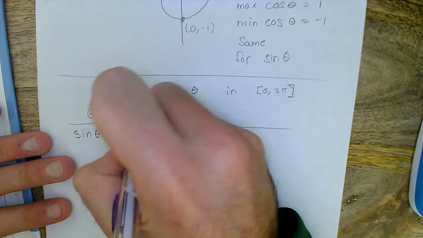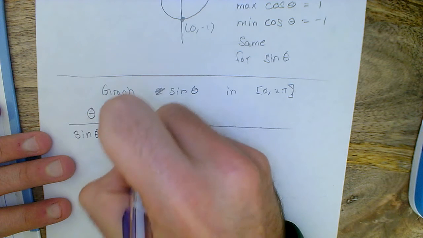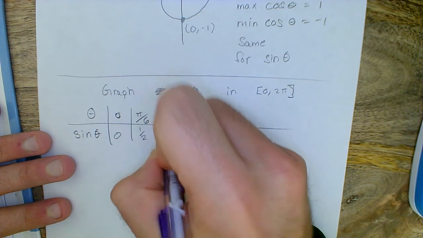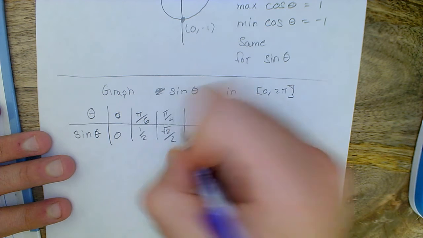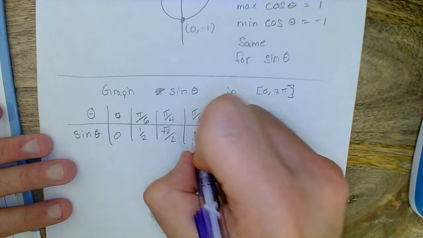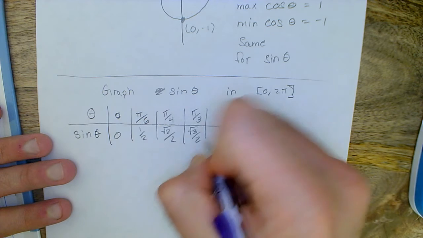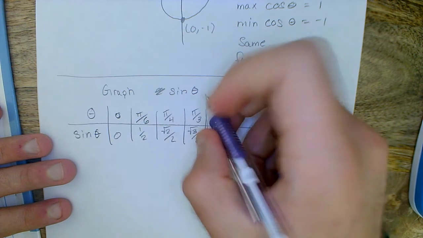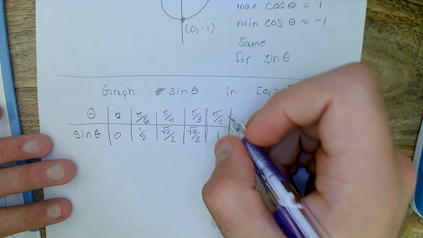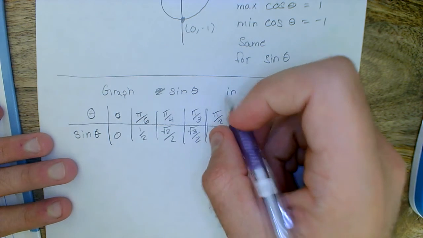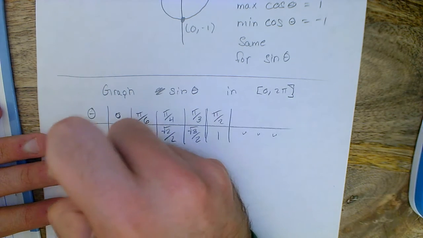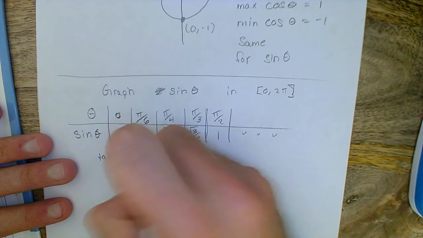If I put in pi over 6, I get 1/2. If I put in pi over 4, it's root 2 over 2. If I put in pi over 3, it's root 3 over 2. And the rest of this table is on page